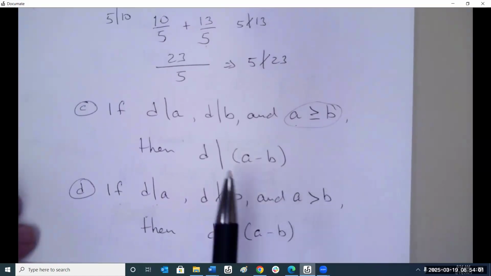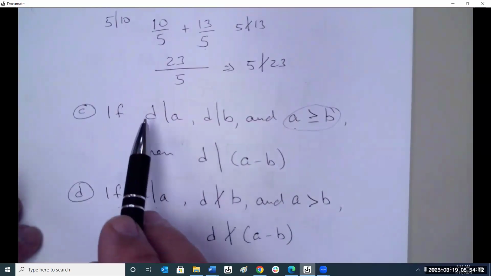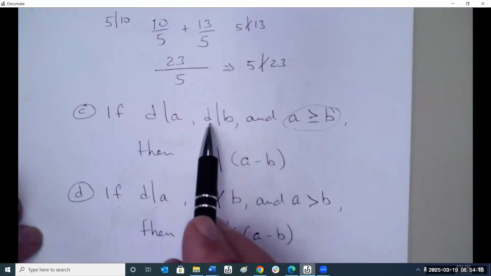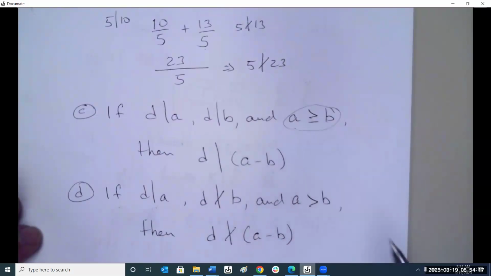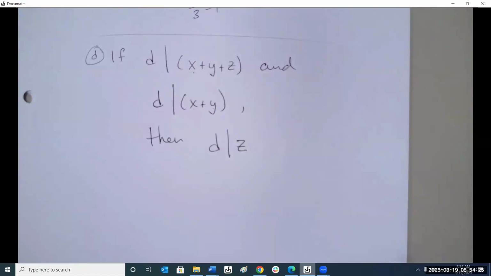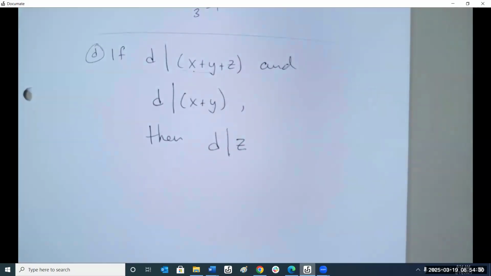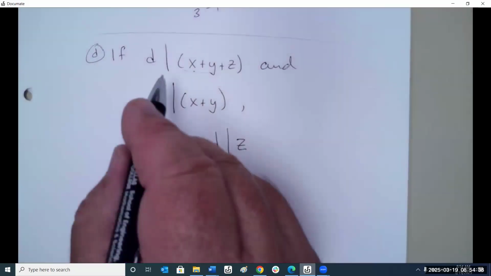Let's take this example. We have D, the divisor of A, D divisor of B, and A is bigger than B. Then it's true. So let's see if this works here for us. This is A, and this is B. Is A bigger than or equal to B? Yes. So because of that,